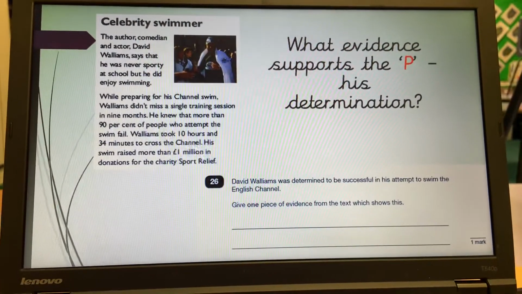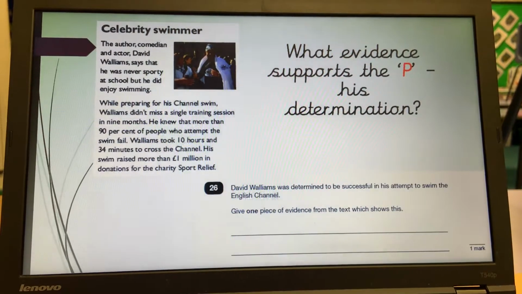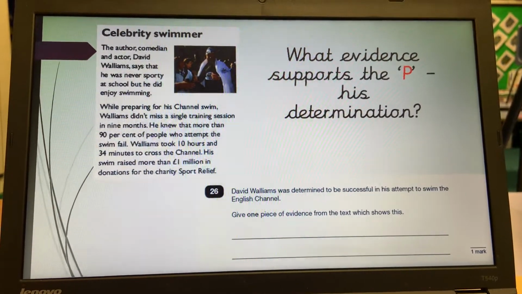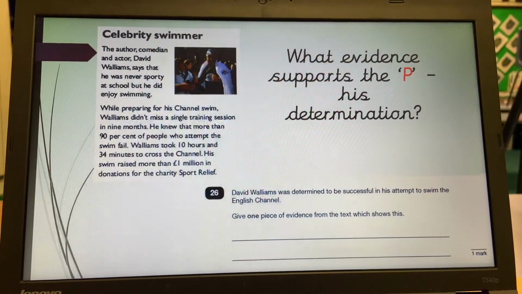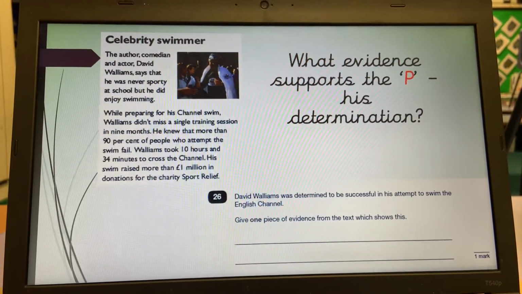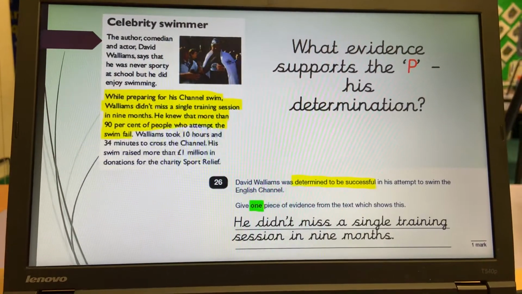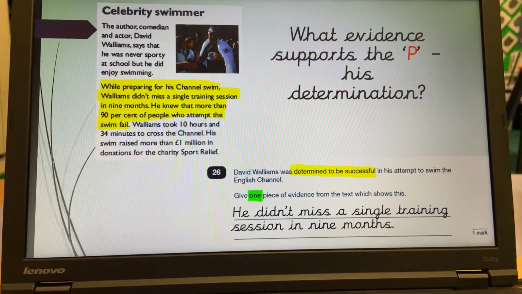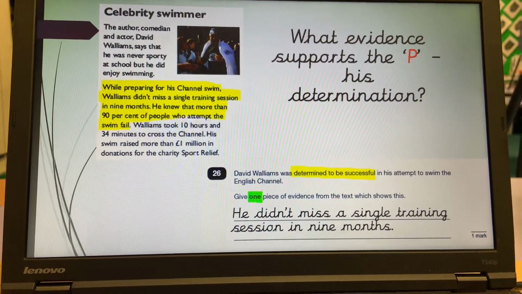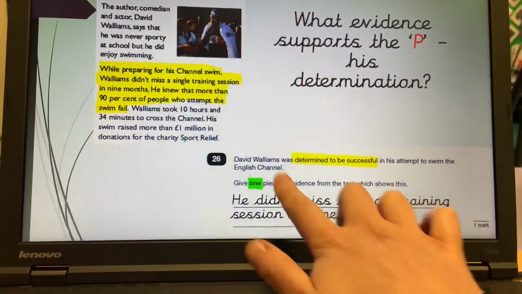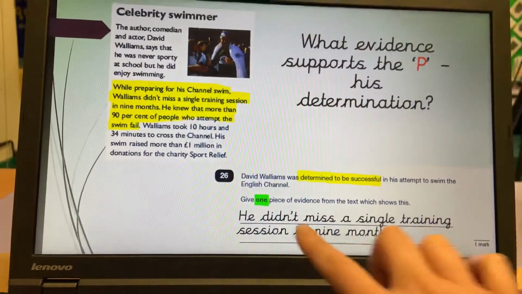Okay. Did you manage to locate the piece of evidence that shows that he was determined? What did he do, or what did he think that helped him in his swim that showed he was determined? So give one piece of evidence from the text that shows this. So hopefully you located this piece of information. I've also highlighted this part because that's the key information that we have, and it's only asking for one